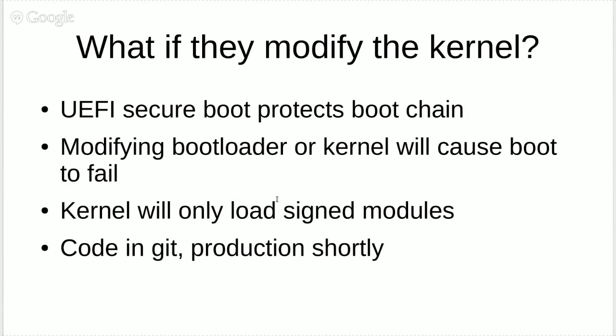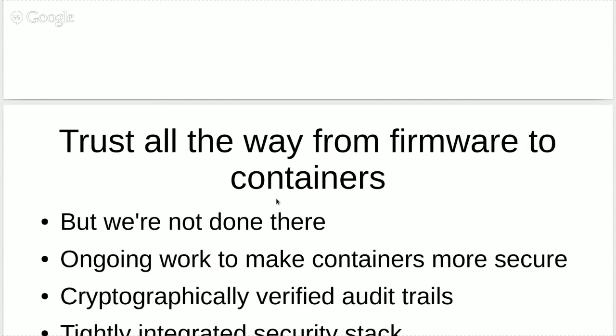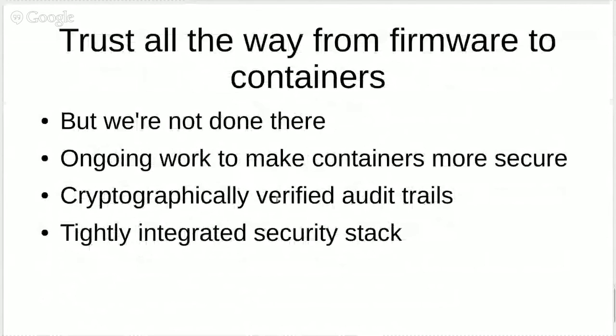Now, this code is already in Git. If you want to, you can build a UEFI Secure Boot image from the CoreOS SDK, and you can experiment with that. We'll shortly be landing the dm-verity code and tying that in there, and then we'll have the Rocket SELinux code and kernel keyring code built around that. And what does this actually mean? This is a full trust chain all the way from the firmware